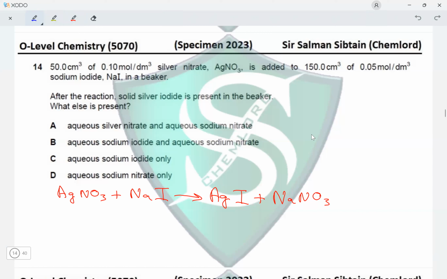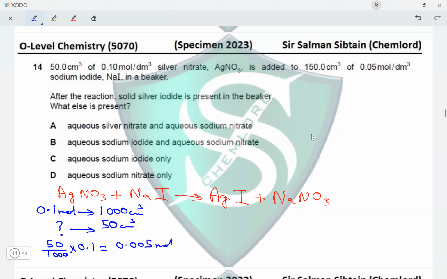So in order to find the number of moles of silver nitrate, 0.1 moles are present in 1 dm cube. 1 dm cube is equal to 1000 cm cube. So how many moles would be present in 50 cm cube? What we would do is 50 divided by 1000 multiplied by 0.1. This will give us a value of